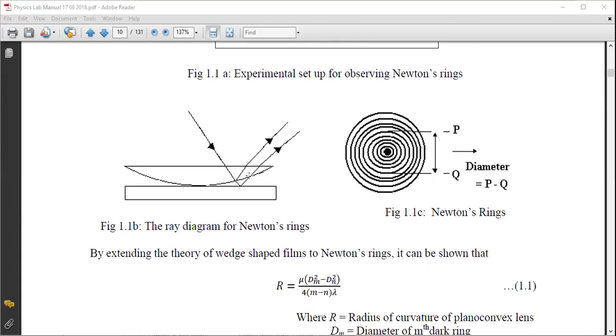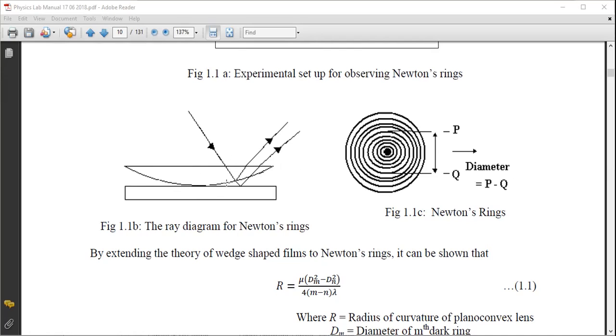So here, this part is zoomed. If you observe, one light source is being split by reflection from the curved edge, and some light is getting transmitted and again reflected back, so you have two light sources. These two light sources will interact with each other constructively and destructively. In this way they will form a ring like pattern. This pattern is known as Newton's ring pattern. A ring like pattern is observed because of the curved surface here.